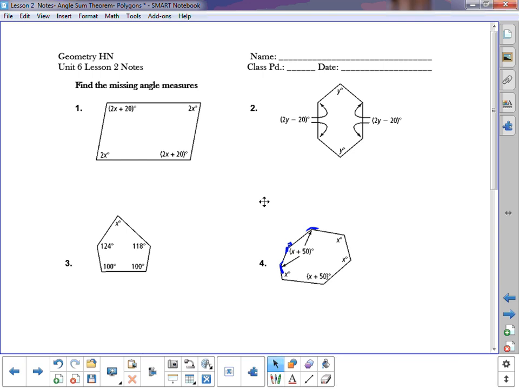Alright, so what you're going to do is go ahead and scoot your desk together with your shoulder partner, and you're going to work on this back side, and then we're going to come back together and go over the